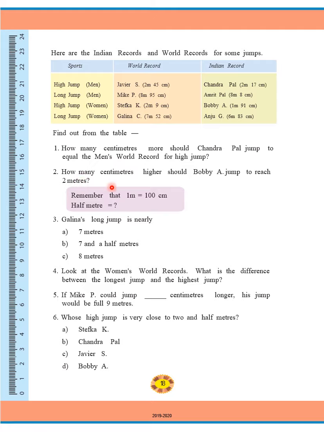Now second question: how many centimeters higher should Bobby A jump to reach 2 meters? Remember that 1 meter is equal to 100 centimeters, and half a meter is half of 100, which is 50 centimeters. So we go to the second question. Bobby A's high jump is 1 meter 91 centimeter. So she needs more